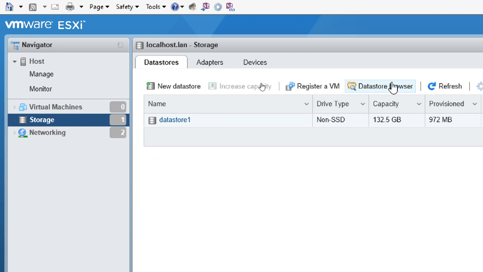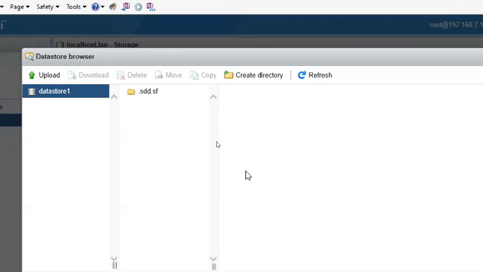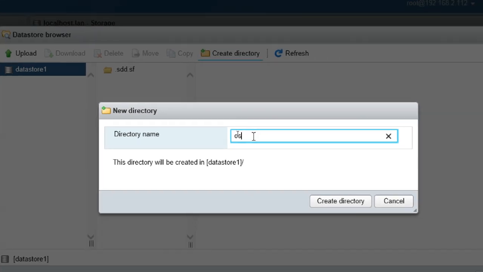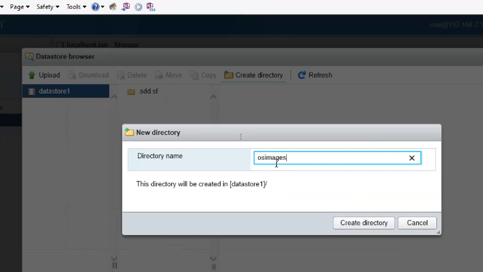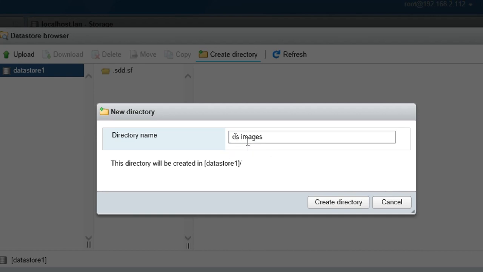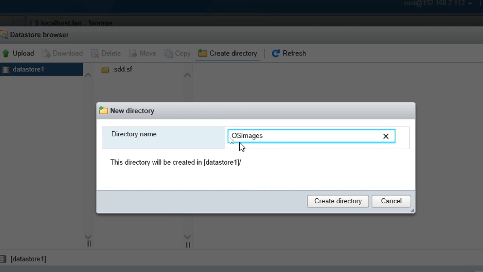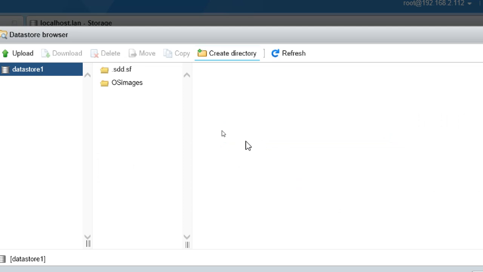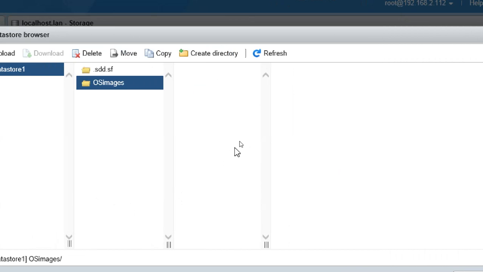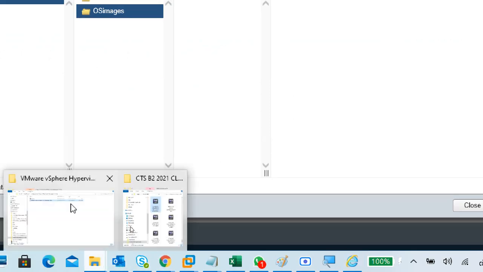So I want to go to the datastore, browse, and create a directory for OS images. I'm creating a separate directory, and inside of this one I can upload an OS also. I just need a very small OS.